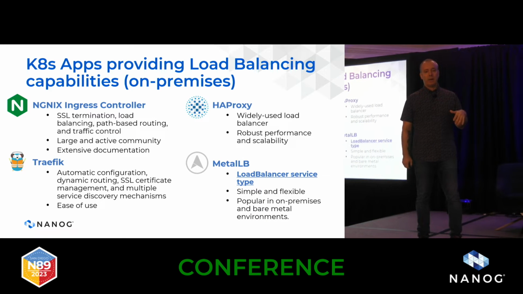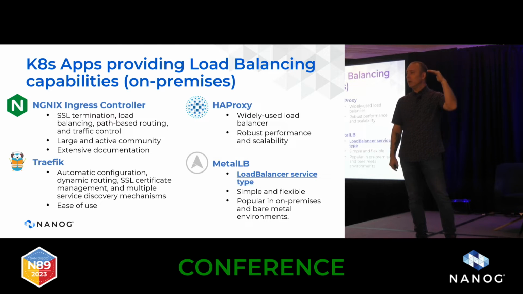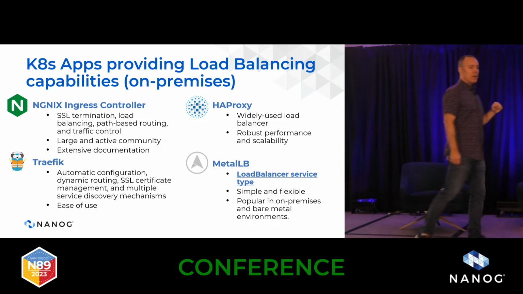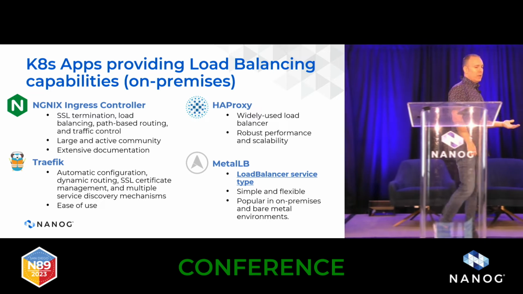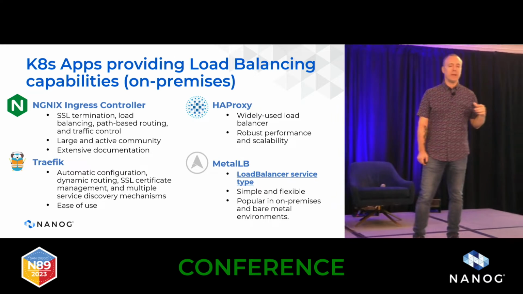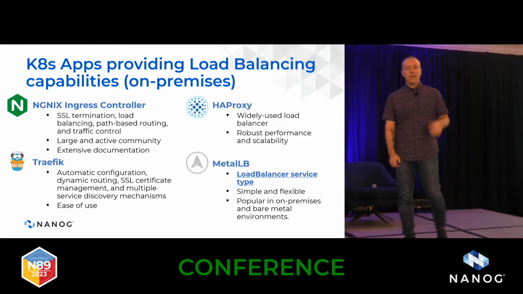Before going there, when you go to different customers, they're using, like I told you, the Nginx ingress controller. Then they are still relying on an external load balancer to bring application routing or SSL termination. They can also use Traefik. HA proxy is very popular too, but it's not directly integrated into Kubernetes. You need to work on that. I couldn't find any open source project to make it work. And MetalLB